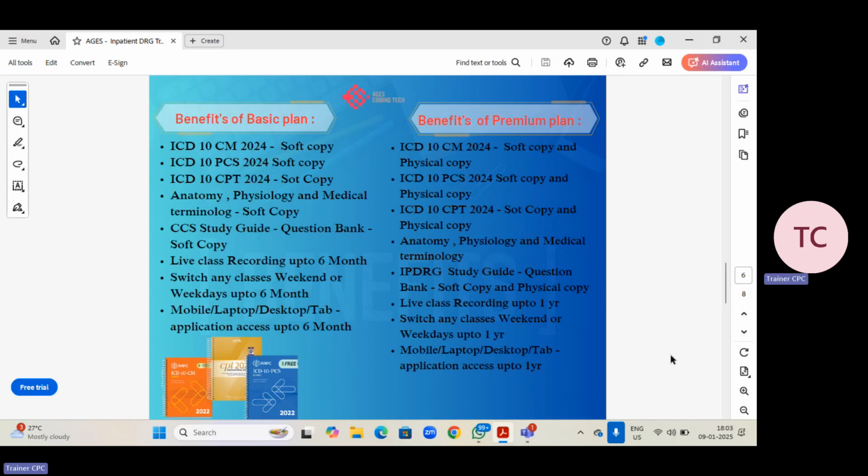So you will be getting a soft copy of the ICD-10 CM book, PCS book, CPT book. And apart from that, the anatomy, physiology, and medical terminology book soft copy you will get. And the CCS study guide, you will get as a soft copy. All this you will be getting as a soft copy. And you will be having the app access for 6 months. 6 months we are giving the app access where you can